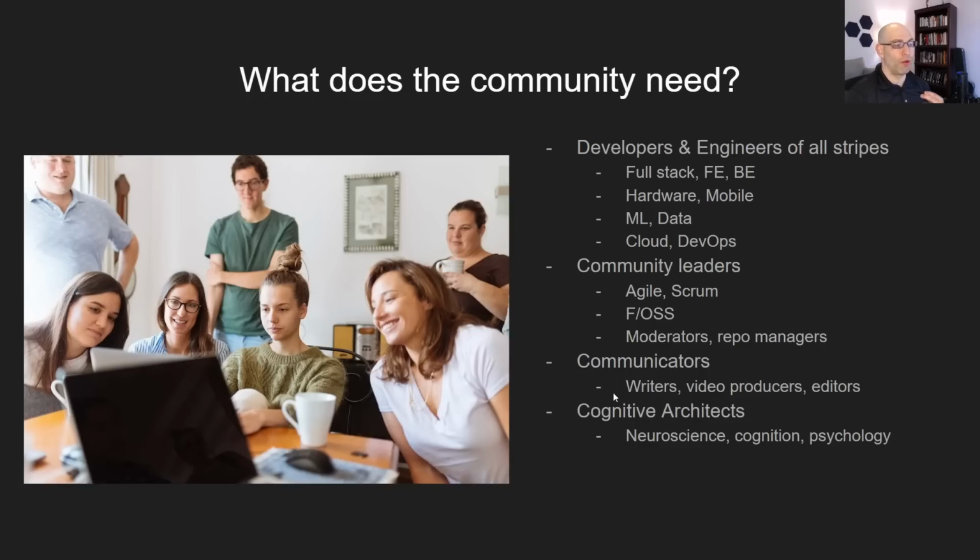And finally, I need cognitive architects. So I need people that are familiar with neuroscience, cognition, and psychology to help. And we've already got a couple people who are interested and come from neuroscience or cognitive architecture or both. Basically, I can't be the only one who knows this stuff. I need help with this, but also I need ideas, right? Because if it's just coming from me, then there are going to be gaps in my knowledge. And so I need peers who can help steer the design and development of cognitive architecture over time.